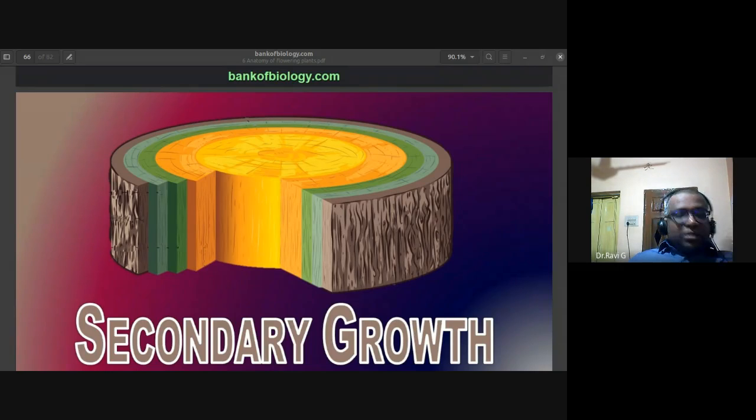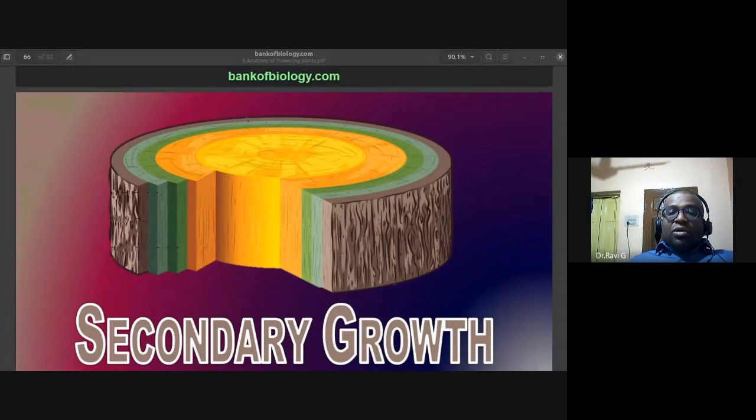Okay. What you have to remember is the secondary growth in dicot stem. Here you are able to notice that they have a bark. The outermost part of it we call as bark. Then there is the cork cambium, secondary cortex. Then we find wood. In the wood, you can notice the early wood or spring wood, and late wood or the autumn wood. Okay, so both are there.